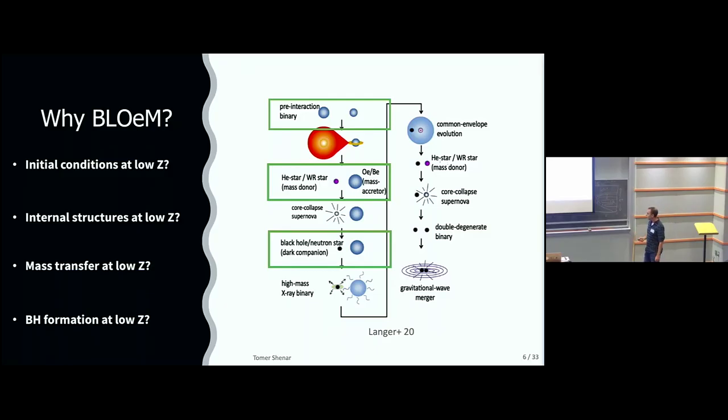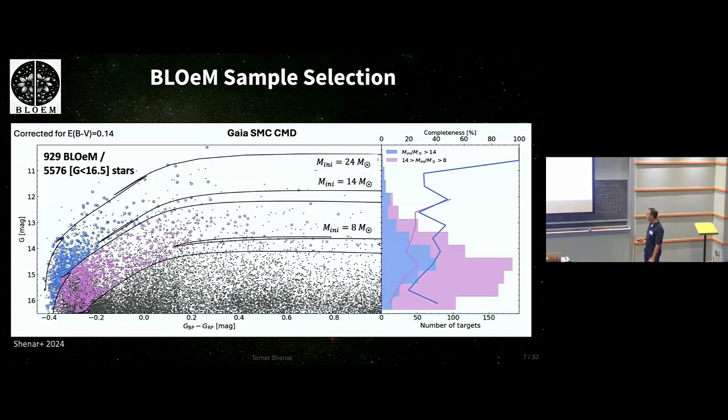I should highlight, if you manage to find a massive star and a black hole companion, this is arguably the most constraining system we have to tell us how black holes form or what kind of natal kicks they get. Because we know such systems form coevally, and the information that they store in their orbit gives us very sharp constraints on how the black hole actually forms.